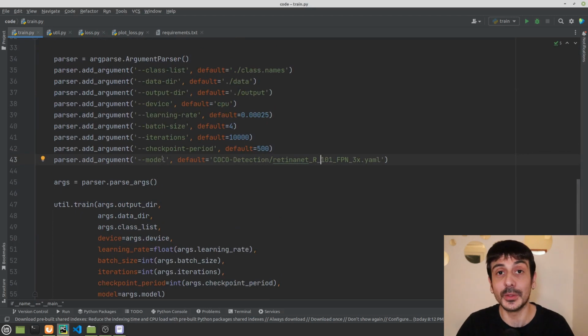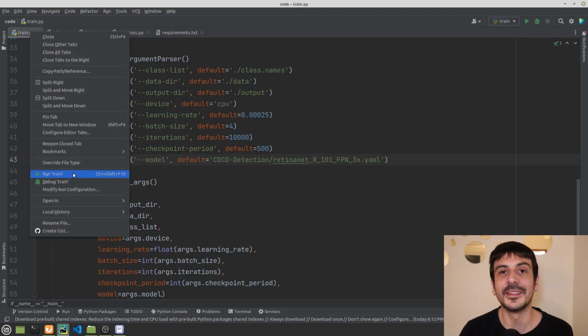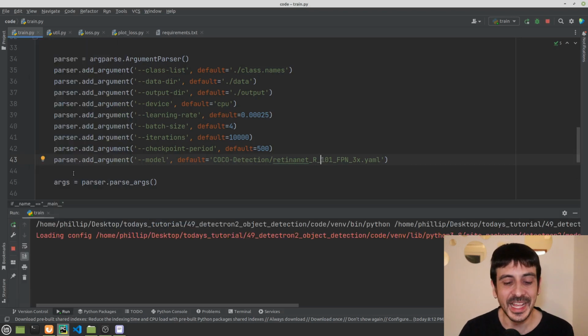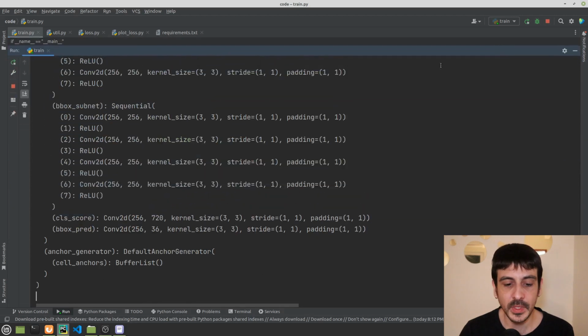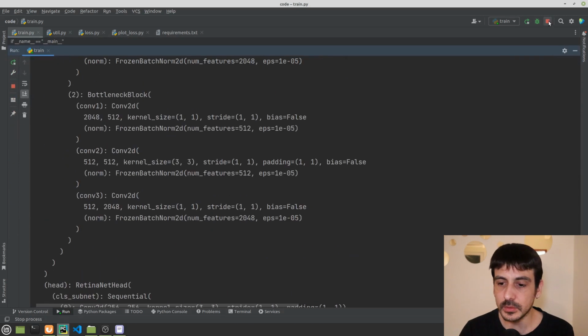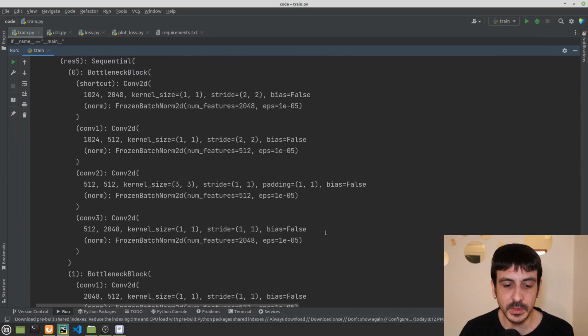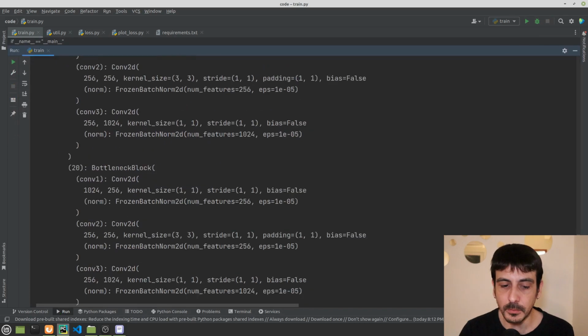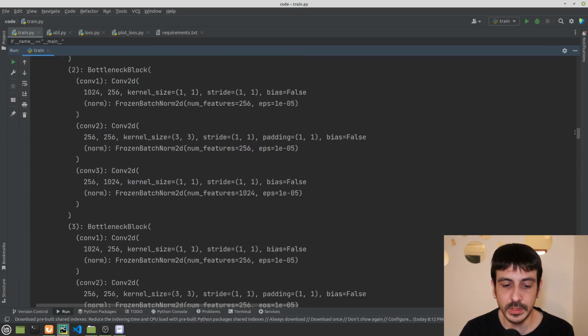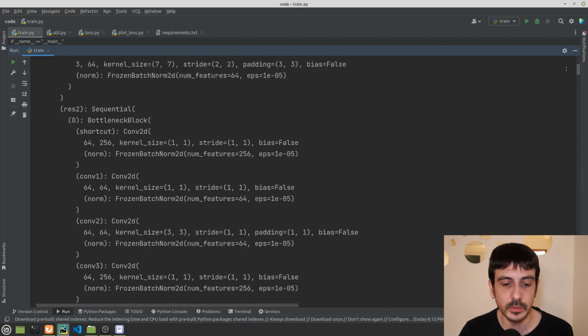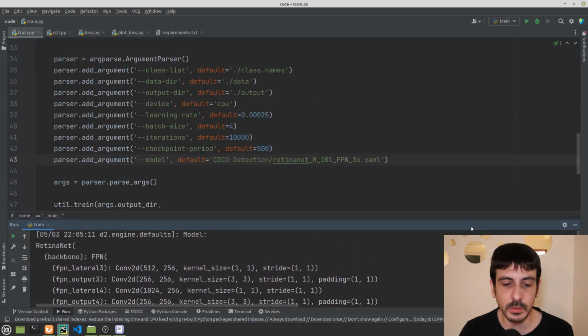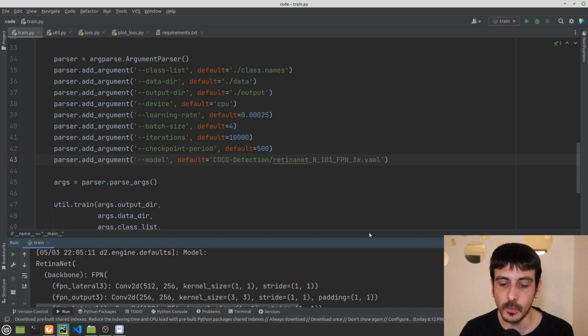And now let's go back to train.py, because now that we already have all the code we need in order to do this training, the only thing we need to do is to press play. And that's it. You can see I press play, I get some huge output. I'm just going to stop the training, I'm going to show you something. This is pretty much the whole model, all the hyperparameters for this network we are using in order to train this model. In my case, remember, it's RetinaNet R101.